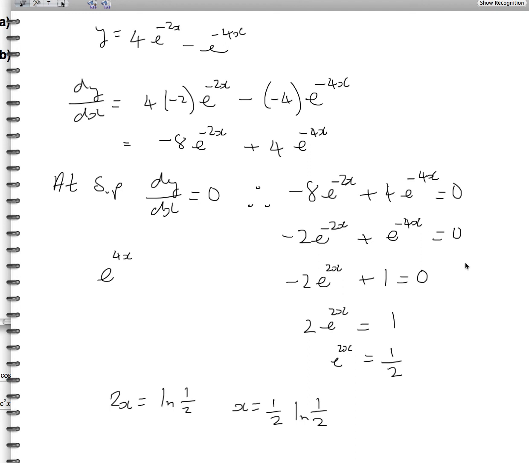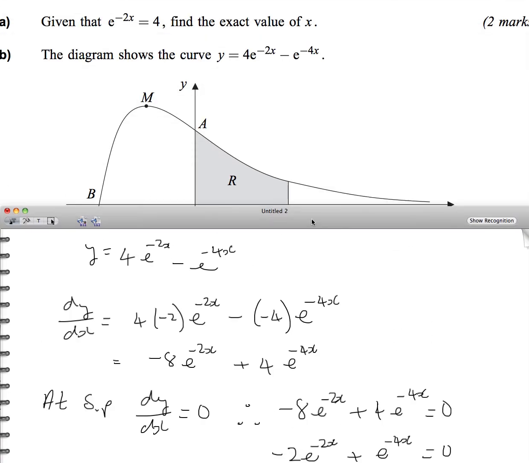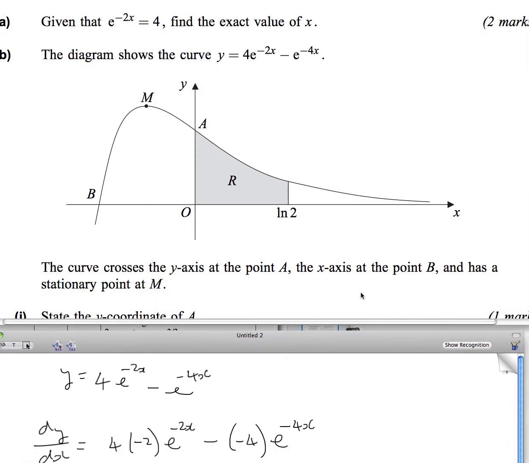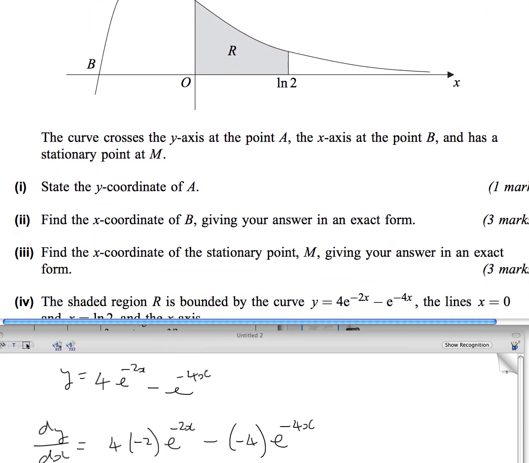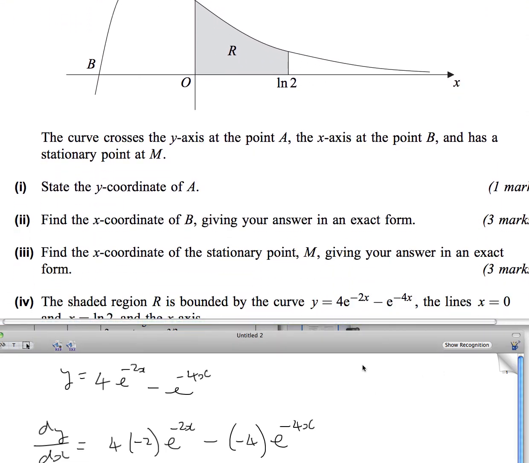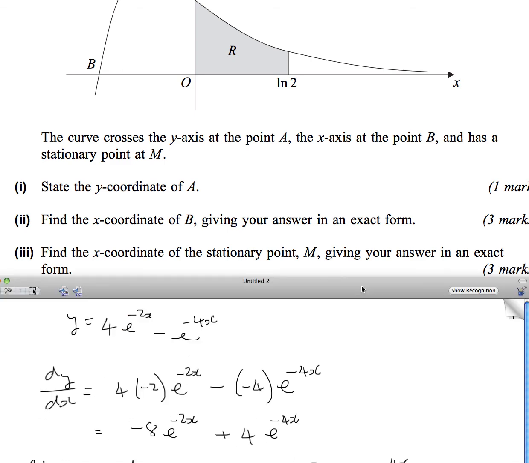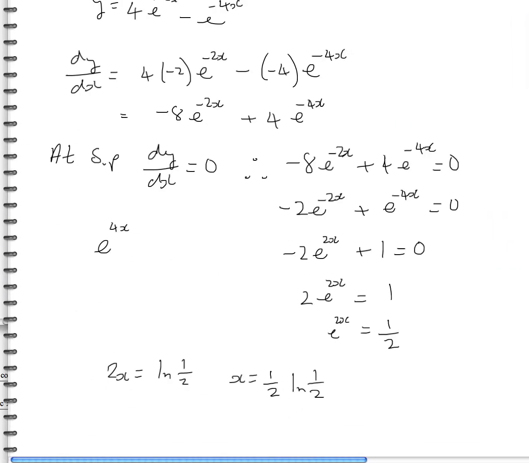There are other ways of doing it. Let's just check what the question was. That's the x coordinate. Find the x coordinate of M in the exact form. In an exact form. So that is one answer. We could do other things just for interest, just to show you. I'll pause that and do